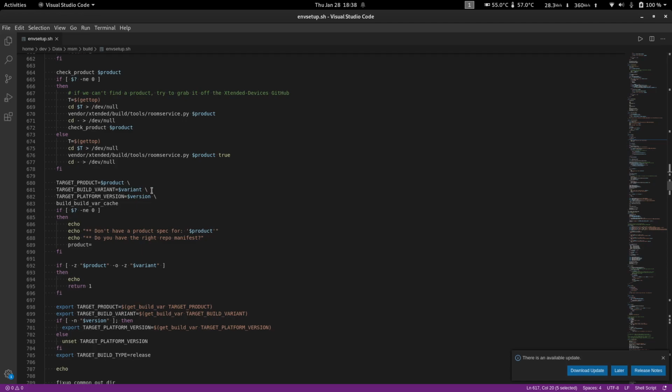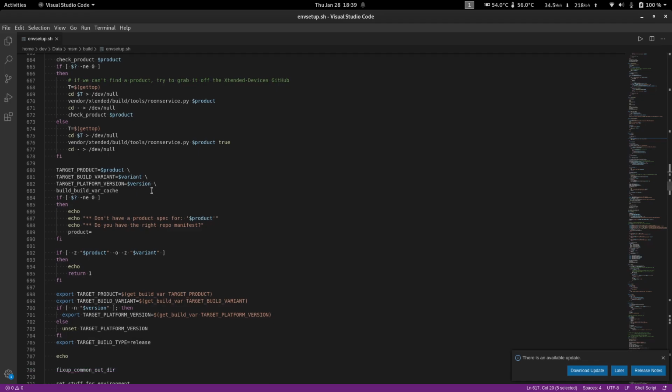Vanilla doesn't come pre-installed or pre-compiled with GApps, whereas the GApps variant will have GApps. GApps are Google apps. These are closed source apps, like your Google Phone, Google Messenger, Gmail, Google Play Store, Google Camera, and all those kinds of apps.